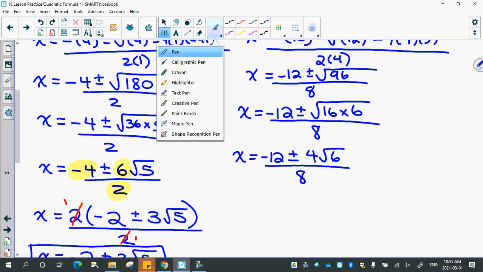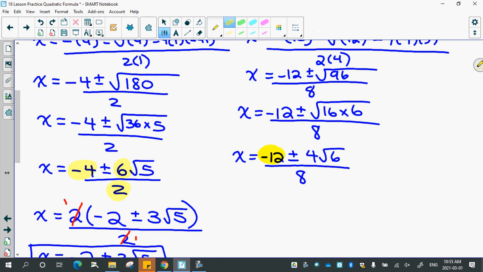And then I look at these three and decide what the biggest common factor that goes into all three is. 4. So I'm going to factor 4 out of the top. So negative 12 divided by 4 is negative 3, plus or minus 4 root 6 divided by 4 is just root 6,